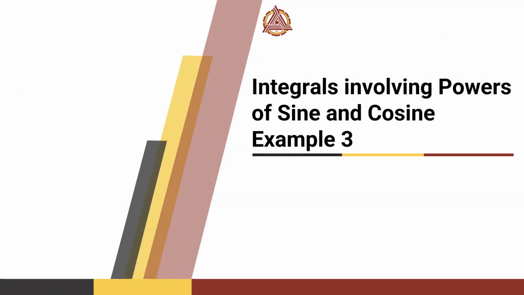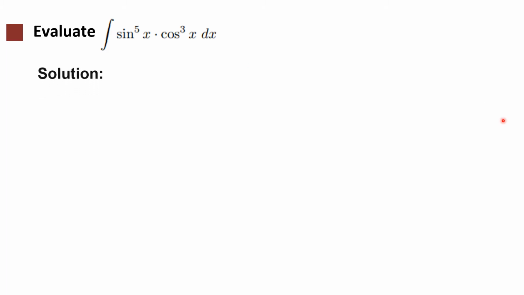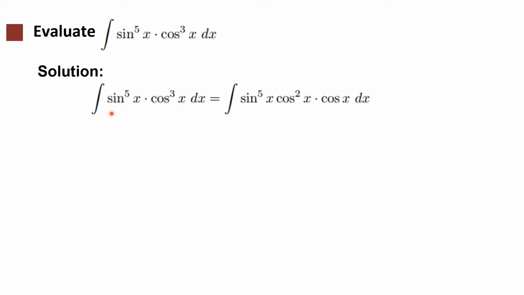Here is another example on integrals involving powers of sine and cosine. We're asked to evaluate the integral of sine to the fifth x cosine cubed x dx. So for the solution, we have the following. That is, we let the integral of sine to the fifth x cosine cubed x dx be equal to, we can